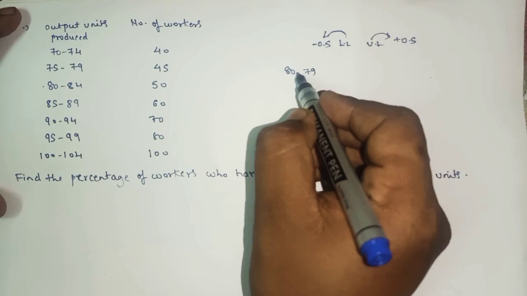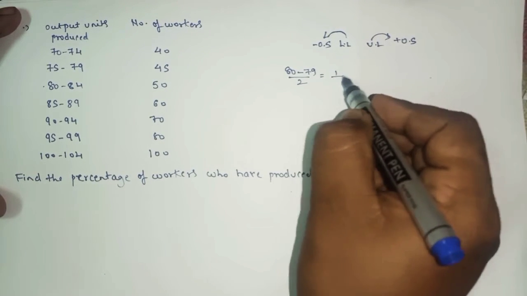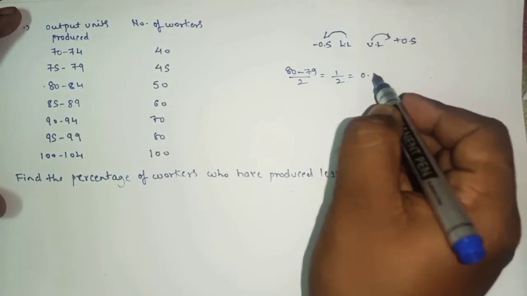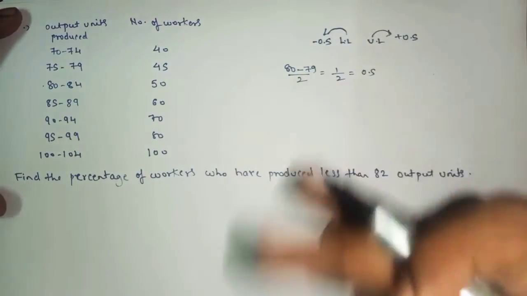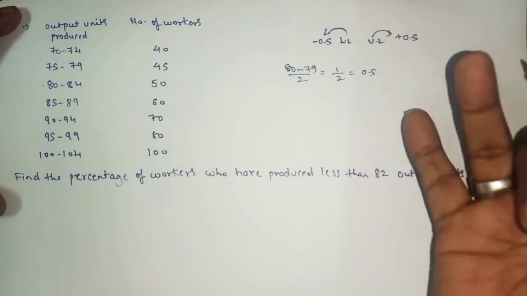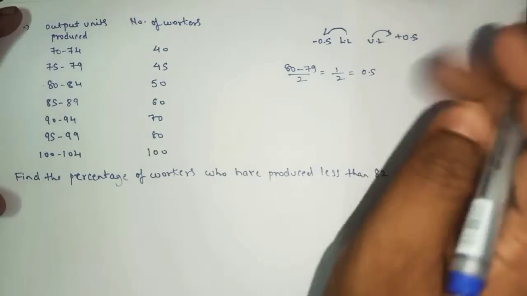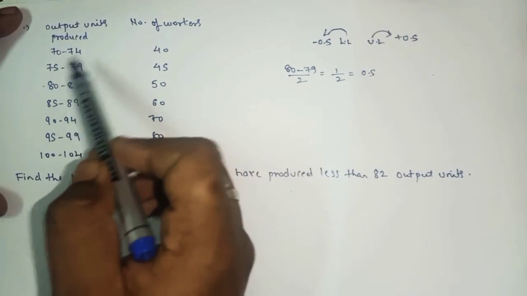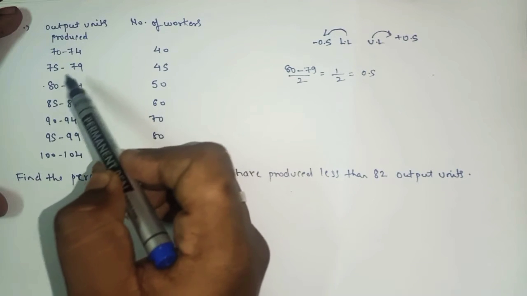Simply subtract these two numbers and divide by 2. So this will be 1 upon 2, which is 0.5. Actually there are so many methods and things to explain about how to make the class continuous, yes or no? So in simple language, just remember, whenever there is a difference of 1 between these two classes,